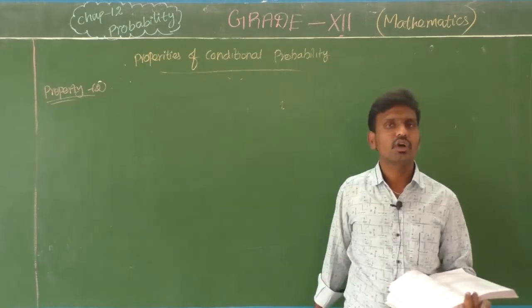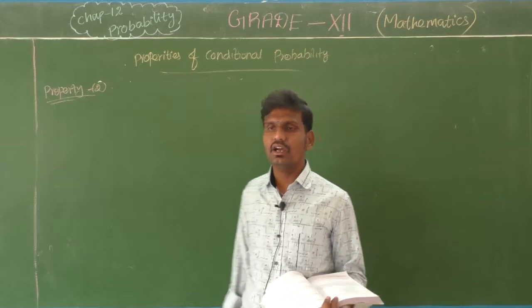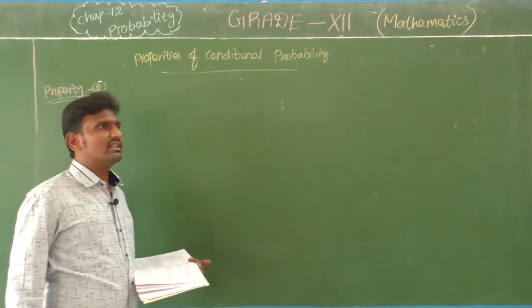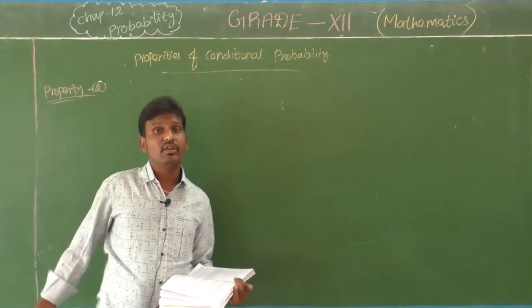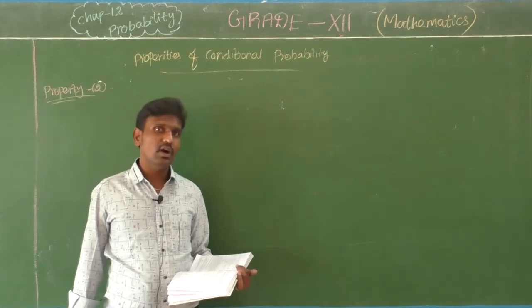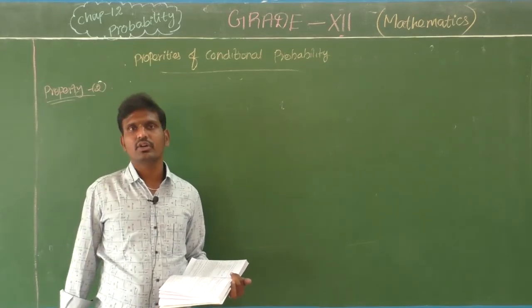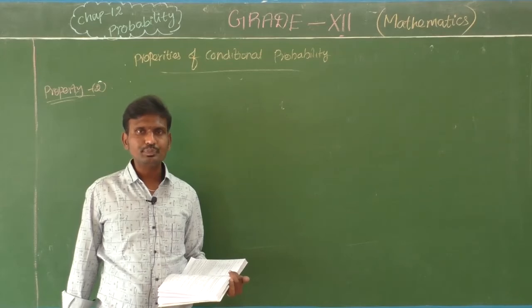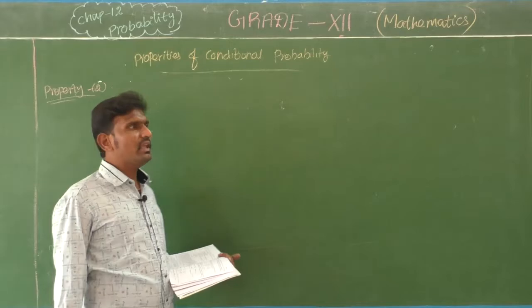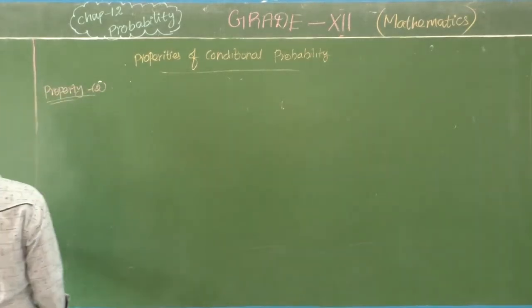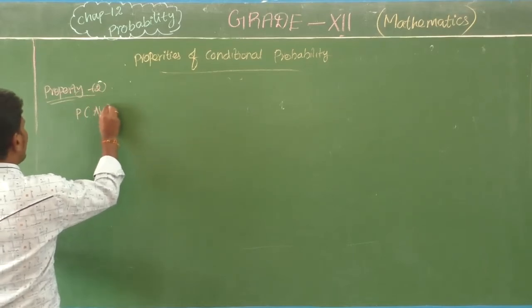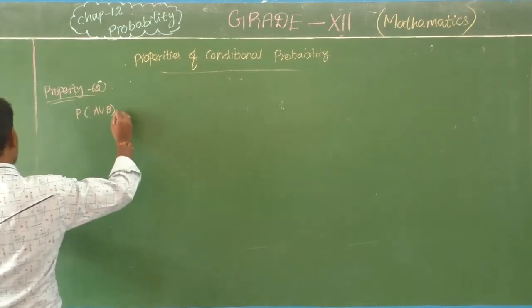அப்படின்னு சொல்லிட்டு இதை அப்படியே கொடுத்துருவாங்க. Okay, in 3 mark or 5 mark. See, already you know what the pattern is, and the exam pattern has changed. Before that you had 2 mark, 4 mark and 6 mark. Now you don't have 6 mark and 4 mark. Now you have the pattern of 2 mark, 3 mark and 5 mark. Okay. So maybe it will be asked as a 3 mark question. Okay. Now what we are going to prove means P of A union B by F.